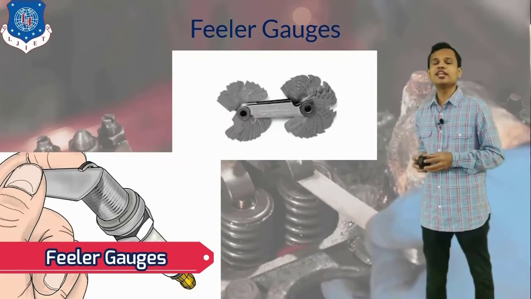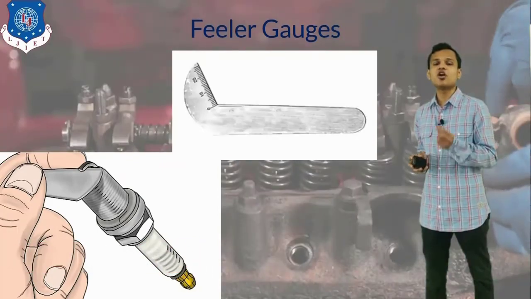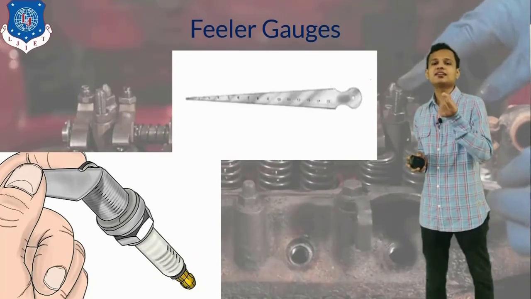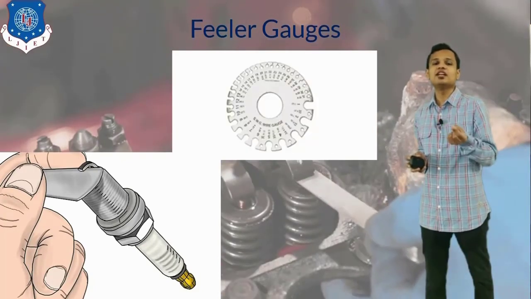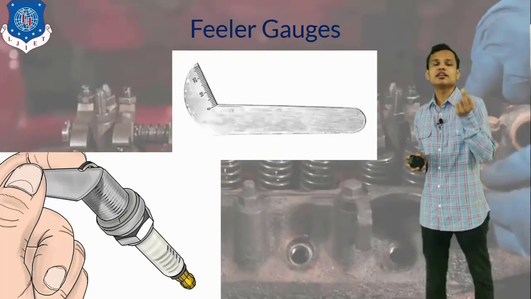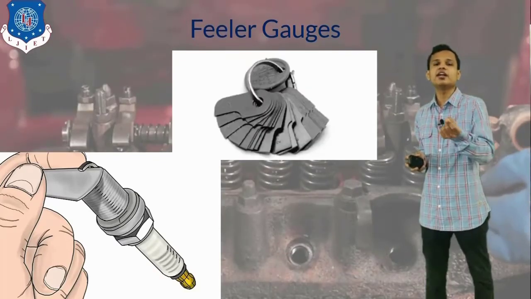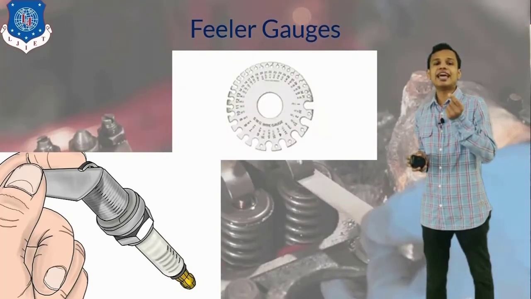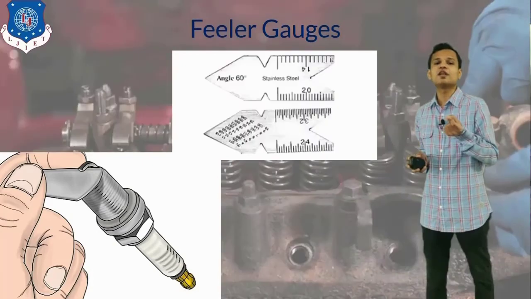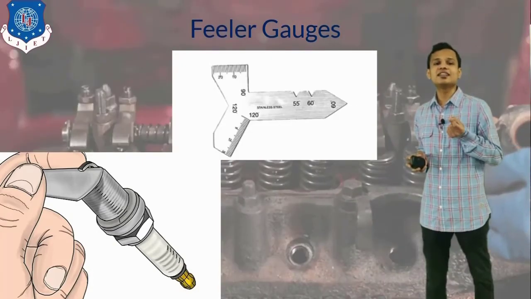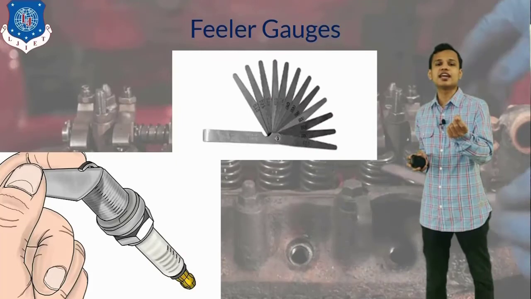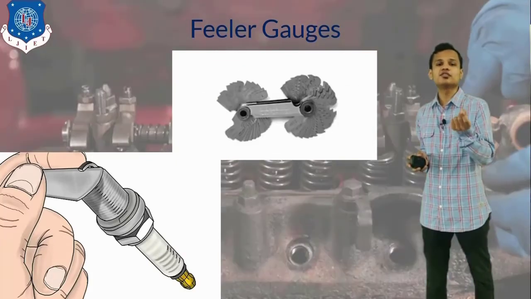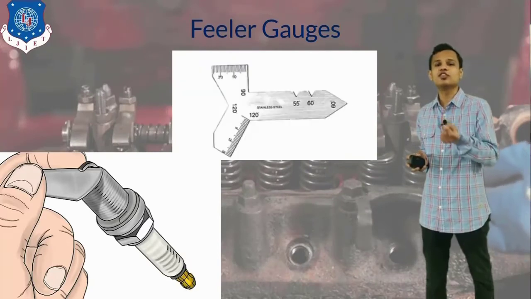Now what is a feeler gauge? The feeler gauge is a small, thin strip. That strip has been marked with its thickness. Now the strip of given thickness will be entered into the clearance between the two components. This clearance can be measured easily with the help of the feeler gauge. If the feeler gauge slides easily into the clearance that we are measuring, then the clearance between these two components will be equal to the thickness of the feeler gauge.